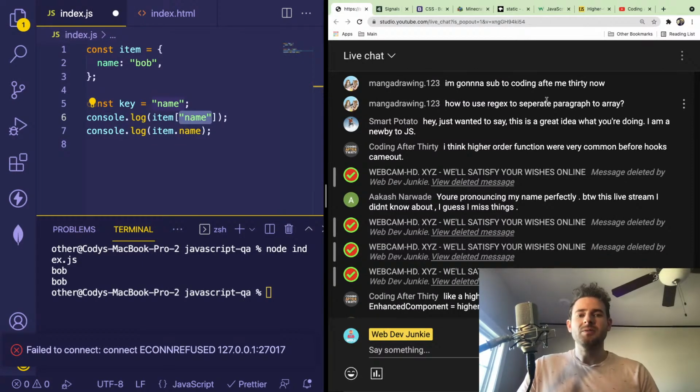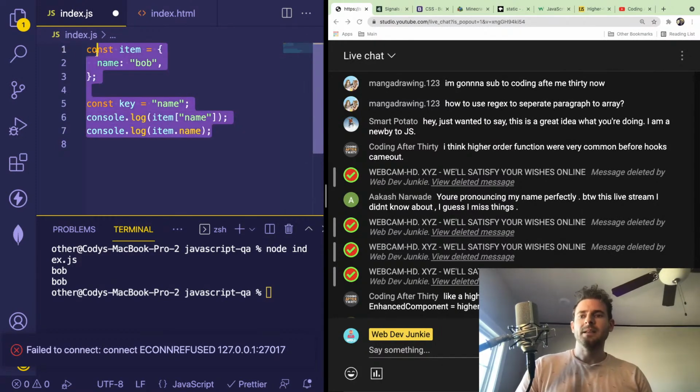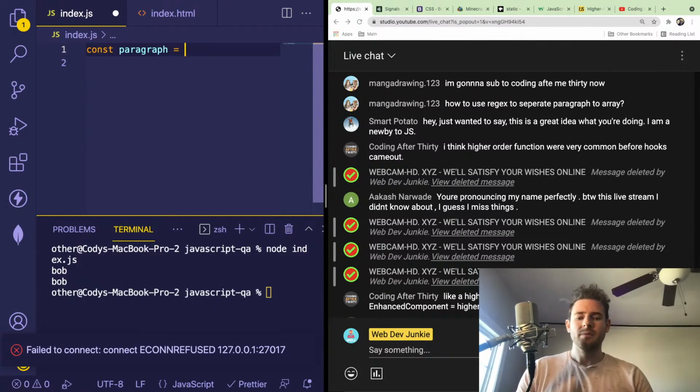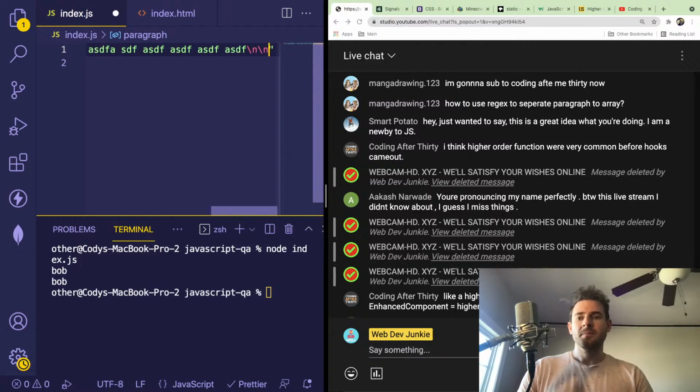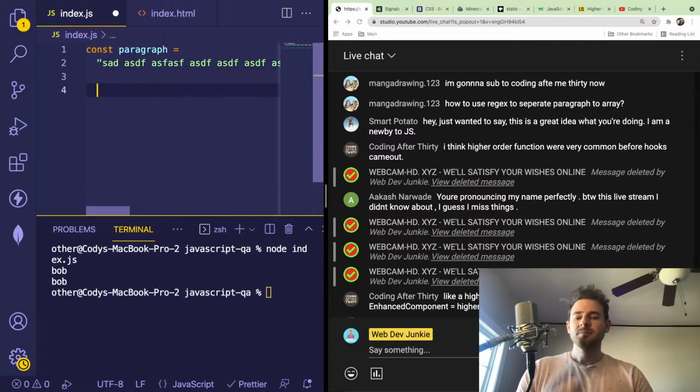How to use regex to separate paragraph to array. Yeah, so let's say you had a bunch of text like this. I'm just going to keep typing. And then usually a paragraph would have a new line break, right? When you're done typing your lines, you'd have a new line break. Maybe there's a / return statement, I don't know. But if you assume that your data actually has new lines separating your paragraphs, what you can do is